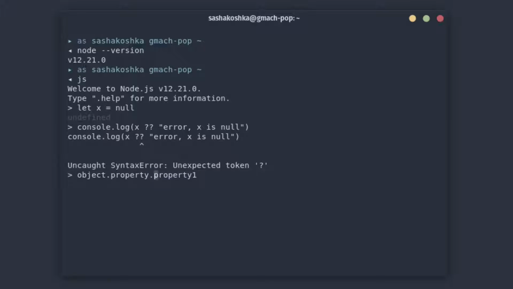Now we don't want JavaScript to access property1 of null because that will cause an error, and the only way to solve this without optional chaining is to create a very, very ridiculous series of ternary operators and if statements and a bunch of bullshit basically. What optional chaining allows us to do is basically say if this is null, then just skip all of this and return null. We can't do this though because it thinks we're going to do a ternary operator and is